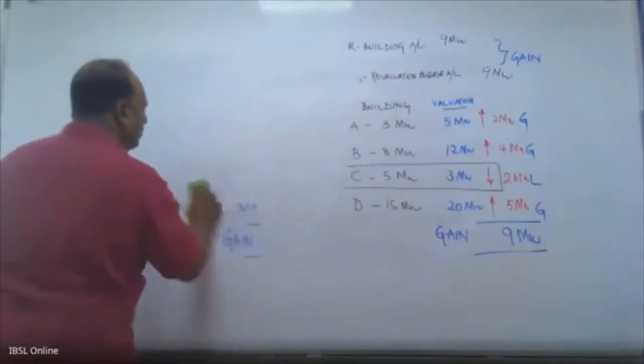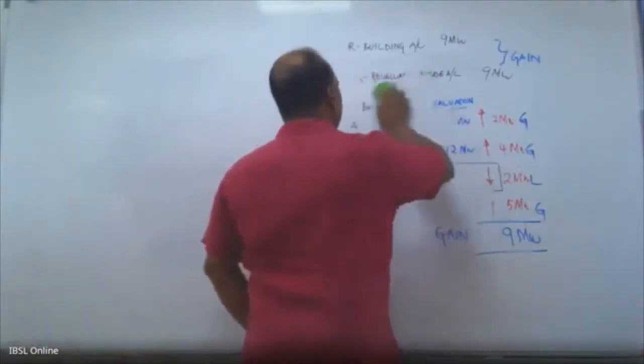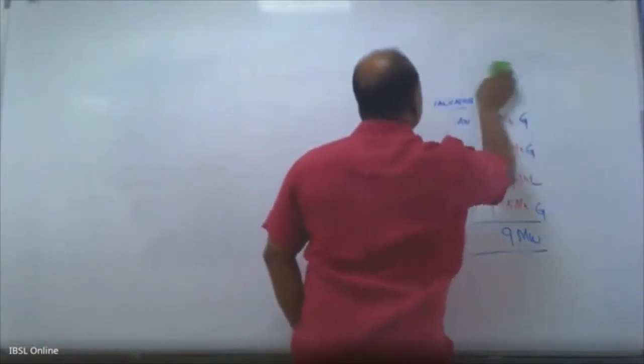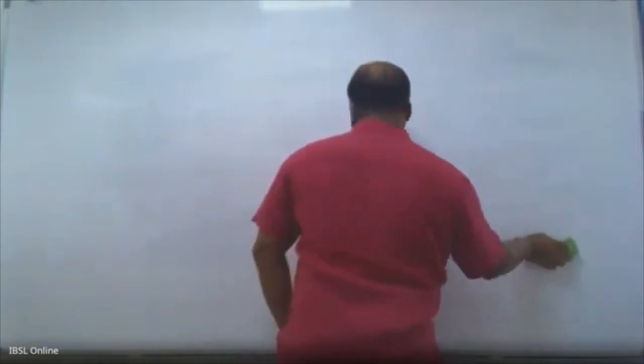So we'll get on to the last topic, which is on retirements and disposals. Retirement and disposal: when it comes to fixed assets, sometimes when the asset has been used for a longer period, you might put it away without using it. You will just put it on one side and not use it, and buy a new one and start using it. That is normally called retirement. Retirement means you are not using that asset, you have just kept it away.